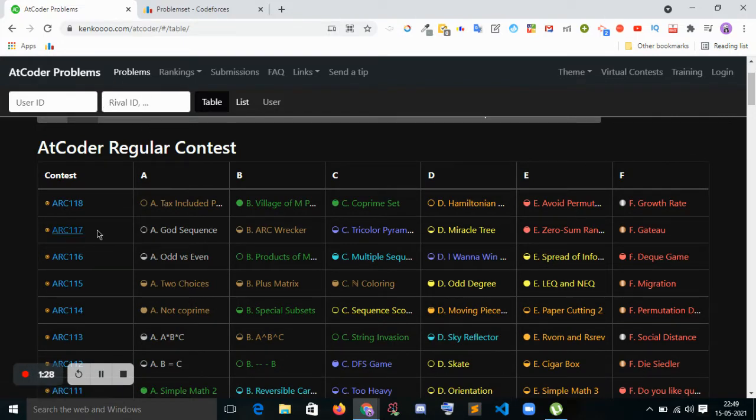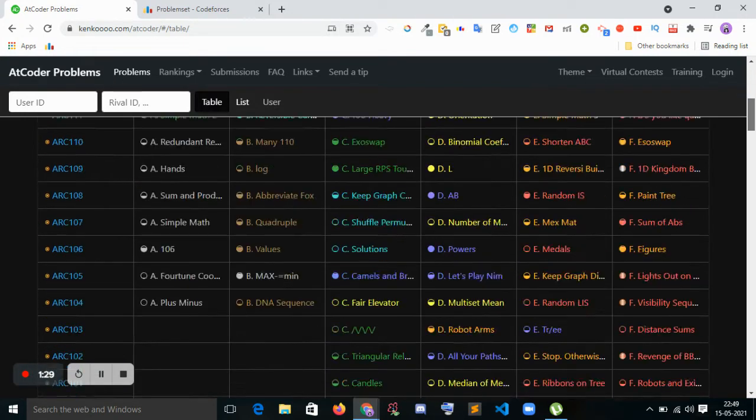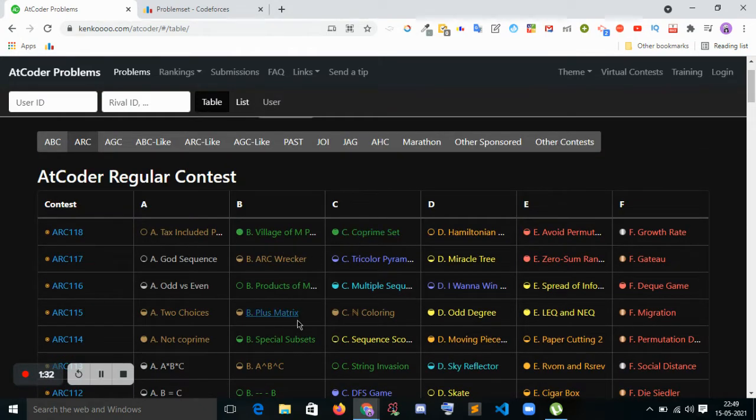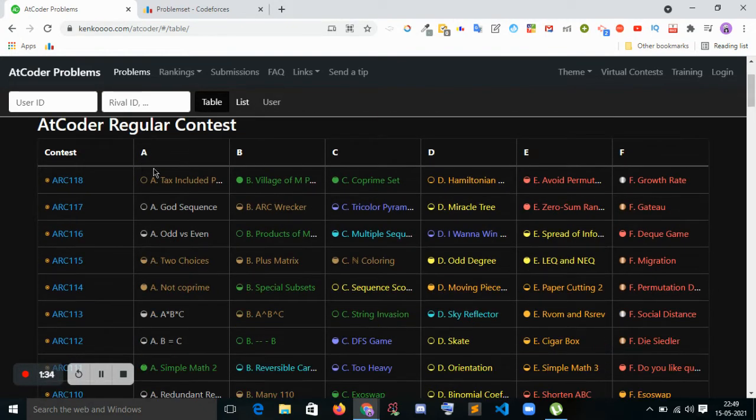This is the way you can check how many questions you solved in each contest. Like if I participate in contest ARC 118 and solve only A, B, C, after the contest I actually want to upsolve D. But sometimes what happens is I forget.